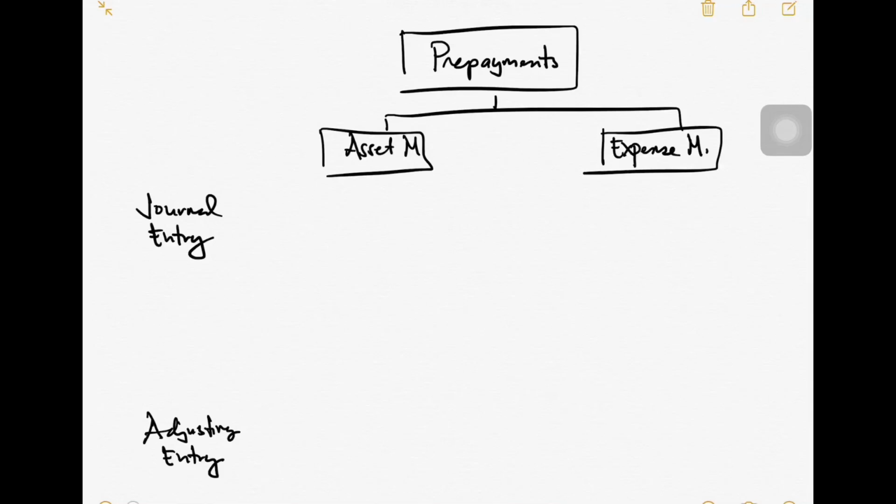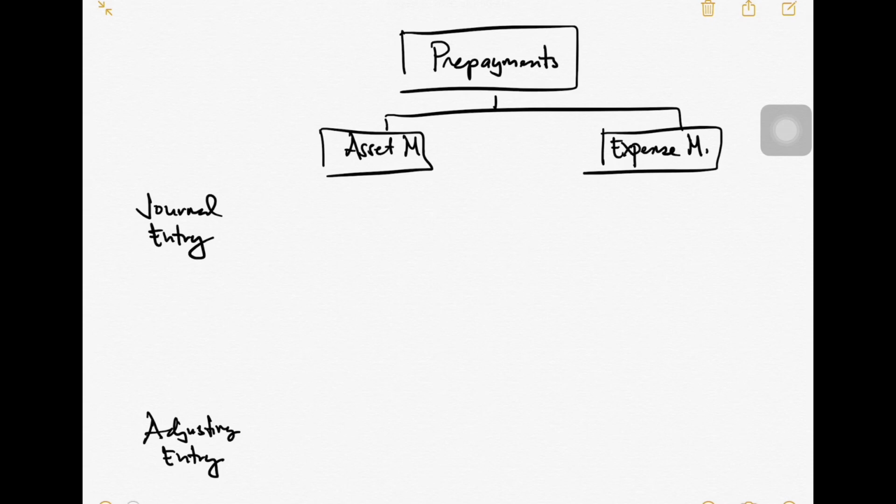Hello, in this video I'm going to talk about one of the types of adjusting entries. I'm going to talk about prepayments, and under prepayments we have two methods. We have the asset method and then the expense method. And the difference between these two does not happen only in the adjusting entry but also in